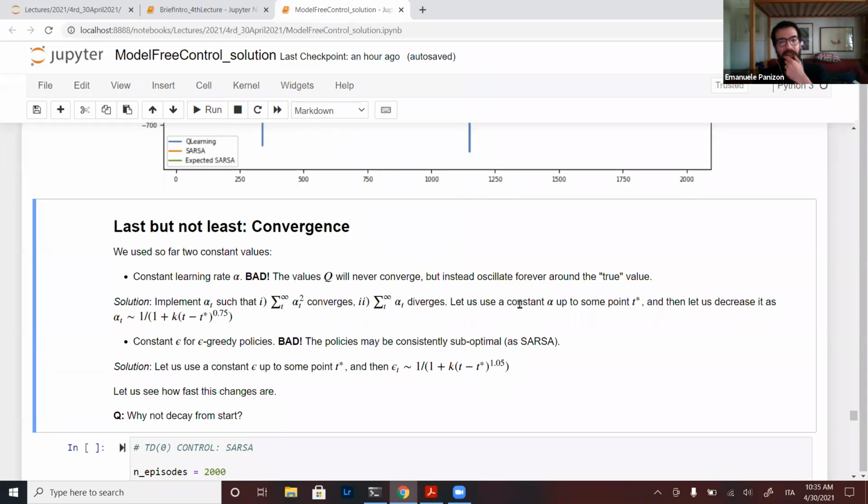It's something which I just suggest, and it's done sometimes. You could use a constant alpha up to some point t star, and then use some function that decreases with some power of the time. They are constant up to t star and then start to decrease, and the rate at which they decrease is tunable by this k.